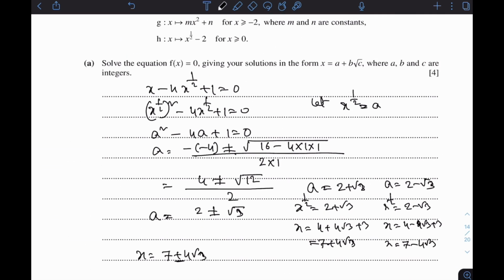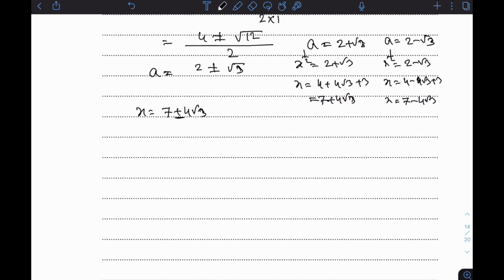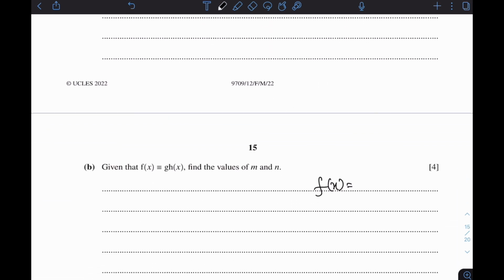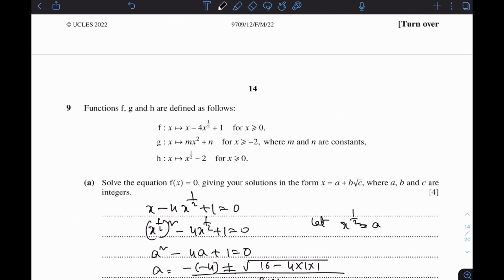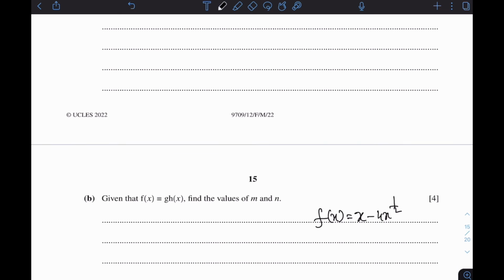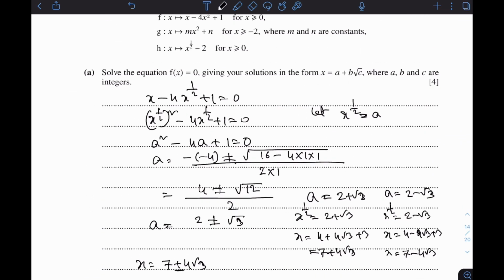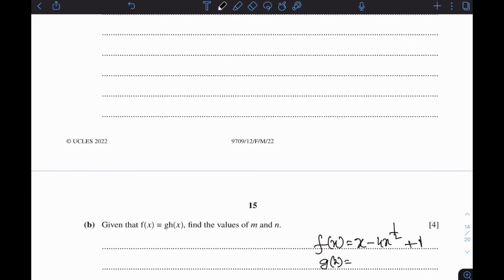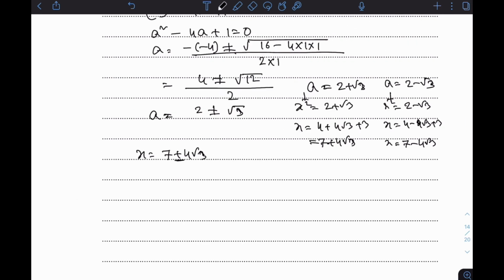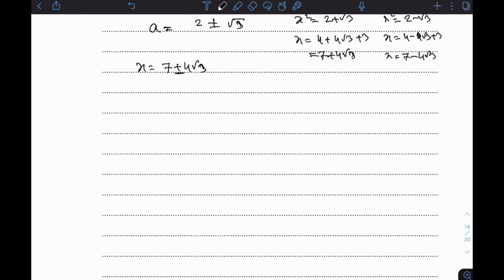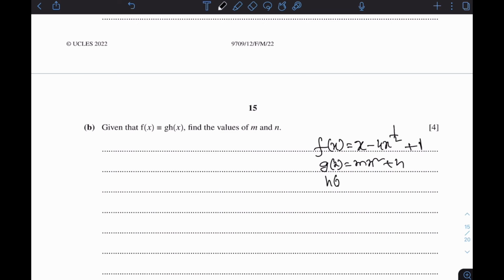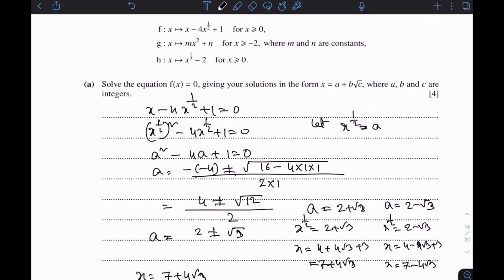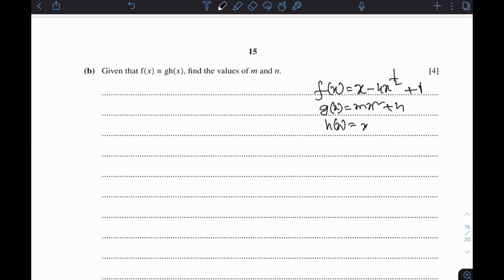f(x) equals x minus 4 x to the power half plus 1. Then g(x) equals m x squared plus n. g(x) equals m x squared plus n. h(x) equals x to the half minus 2. h(x) equals x to the half minus 2. Okay, so